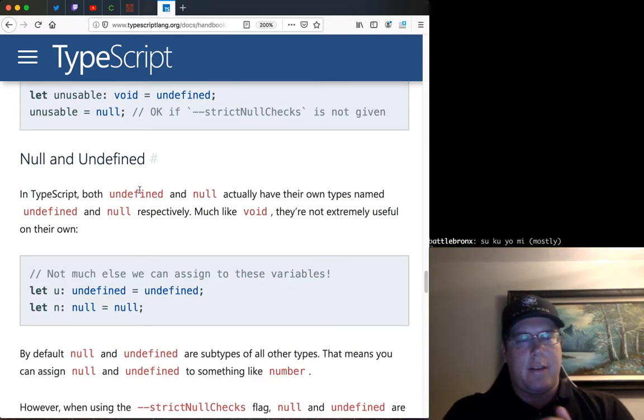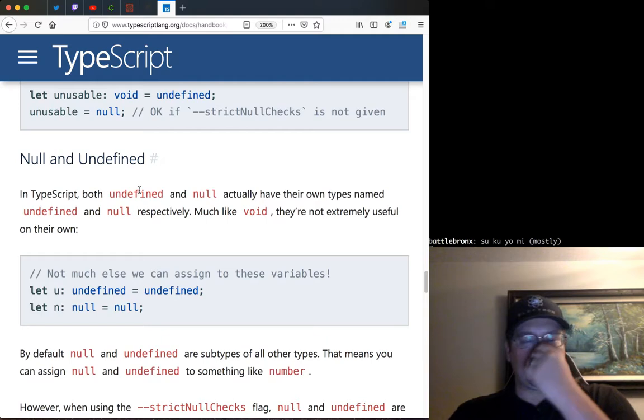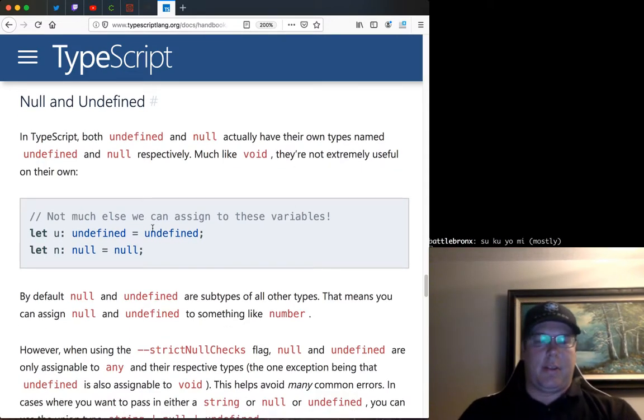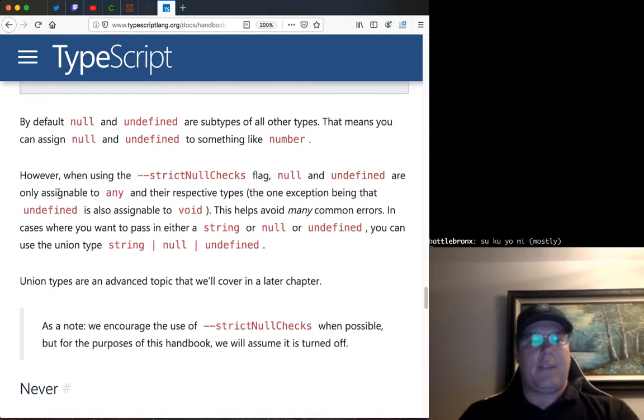So null and undefined. In TypeScript, both undefined and null actually have their own types named undefined and null respectively. Much like void, they're not extremely useful on their own. Let undefined equal undefined, let null equal null. Not much else we can do with these. By default, null and undefined are subtypes of all other types. That means you can assign null and undefined to something like number. However, when you use the strict null checks flag, null and undefined are only assignable to any and their respective types,